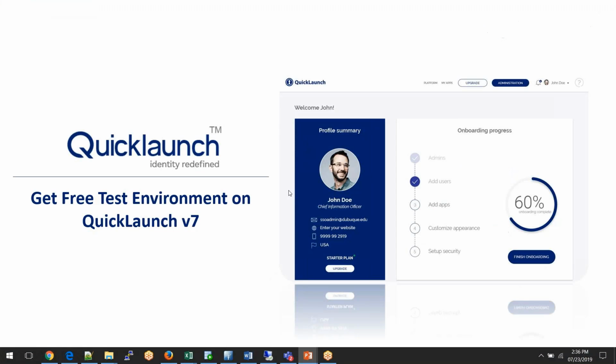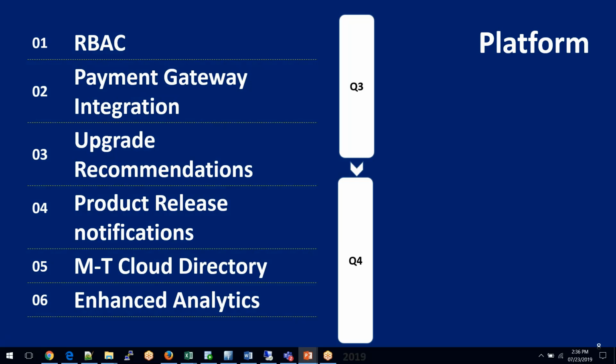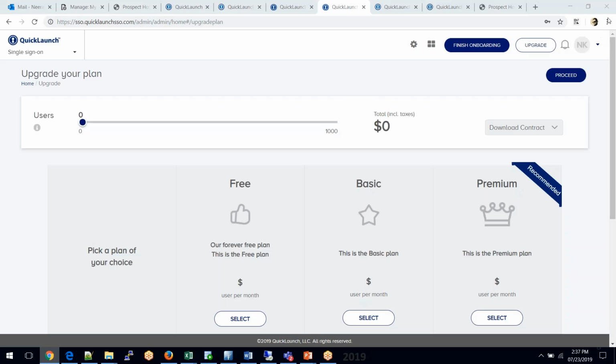Okay, we'll continue. So I mentioned role-based access control is going to come up. Then I also mentioned we'll be able to show you upgrades from the product. So let's quickly look at that and look at how that is going to work. So when you log in, let's say Brunel comes in, and let's look at a story, and this is going to be very appealing. When Brunel comes in and they're paying currently for, let's say, QuickLaunch, we want them to